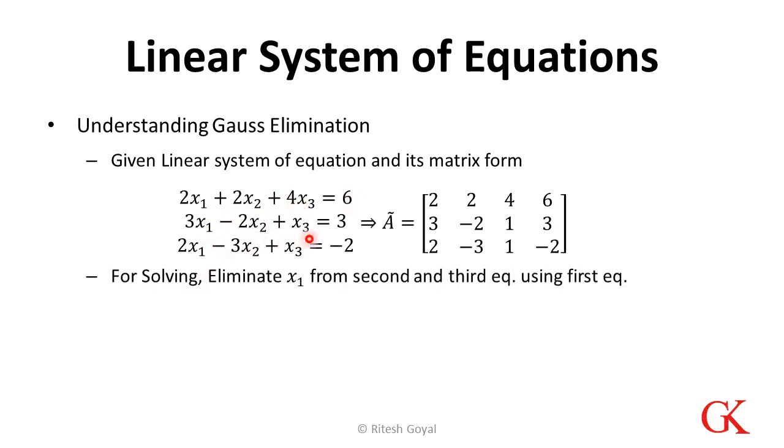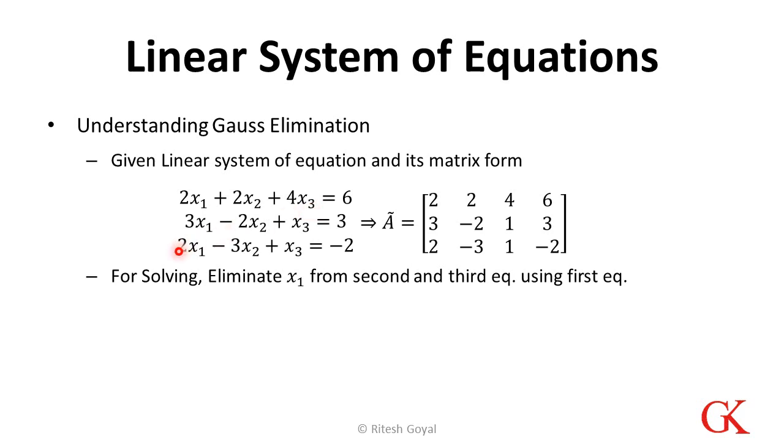If we want to solve this set of equations, basically if we go to our basics, what do we do? We eliminate x1 and x2 from the last equation and x1 from the second last equation, and we start substituting from the end and get the solution. The same happens in Gauss elimination. We eliminate x1 from all the equations but not from the first. That means we eliminate x1 from the second and third equations using the first equation.